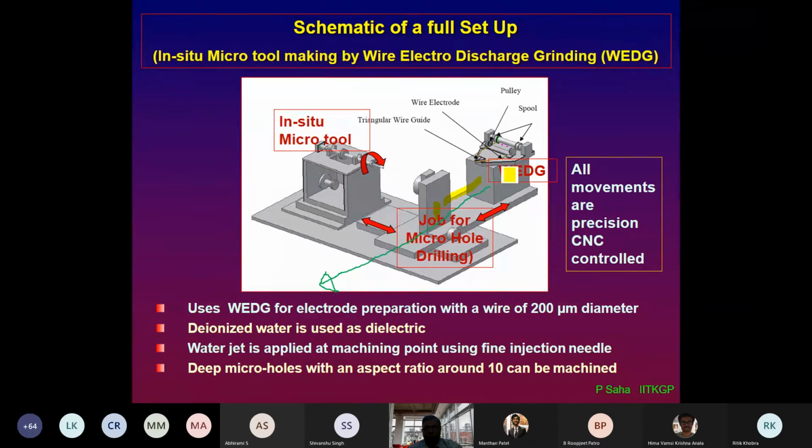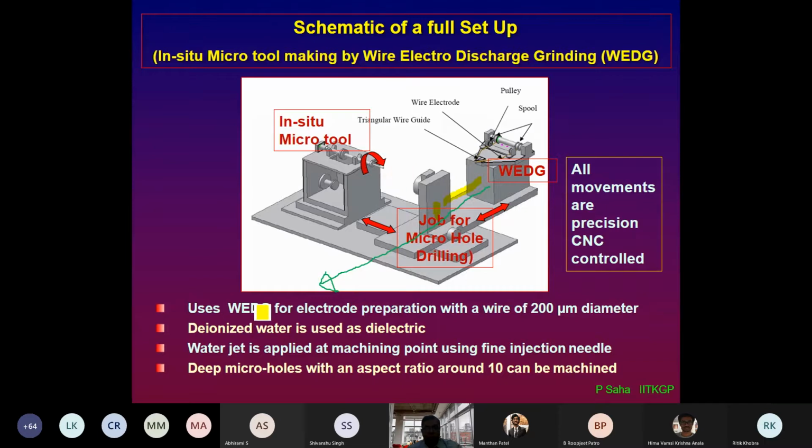Having done that, now I first use the wire electric discharge grinding method. So I bring it close to the tool where this traveling wire is. From the two small spools, this wire will be slowly moving and we create a discharge between this wire and the tip of this shaft, and we gradually, in steps, remove the material on the tip so that we achieve the required dimensions.